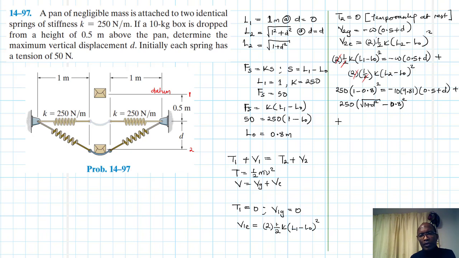Okay, so we do have a 10 plus 90 plus, I'll bring everything else to the left, so that 90 by 9.81 by 0.5,